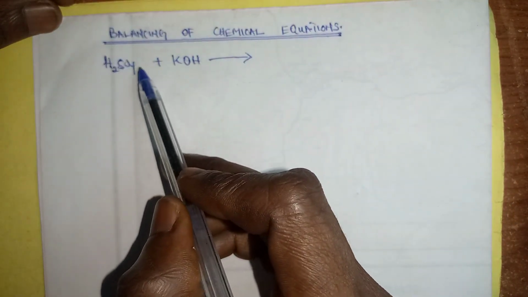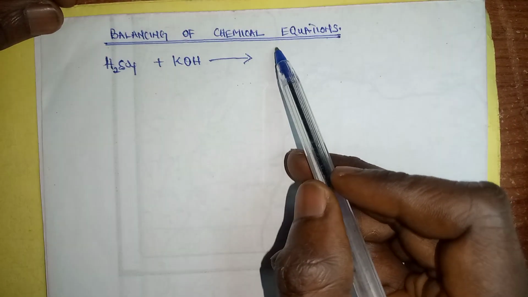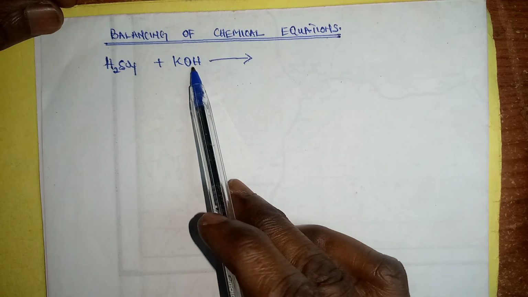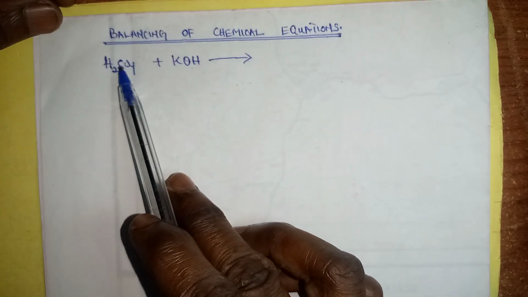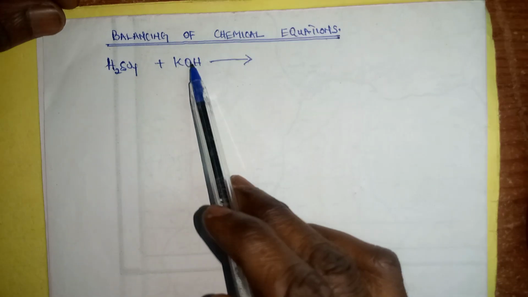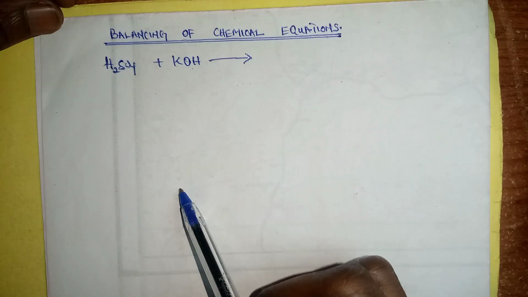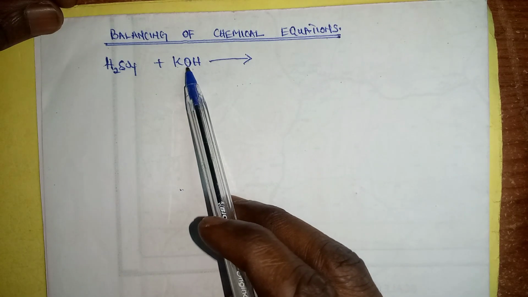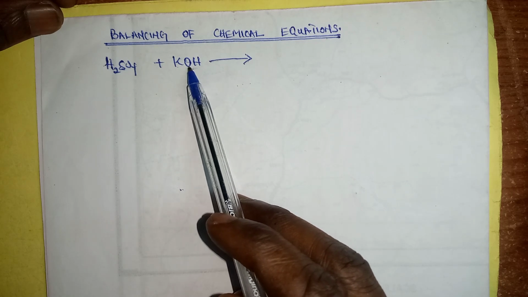This side is known as the left hand side. So this is our product side. So how are we now going to get our product side? The first thing we need to know is that we are going to split this into two. But if you notice something here, we have three elements here. The last two elements that we have here, that's oxygen and hydrogen,